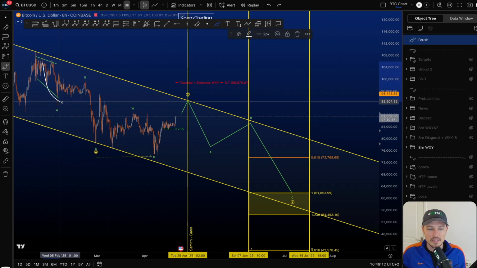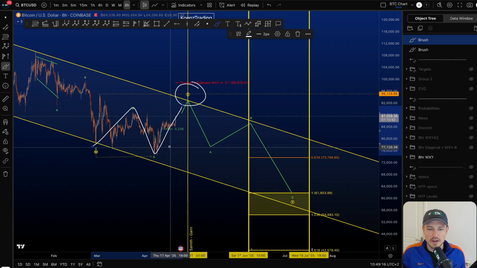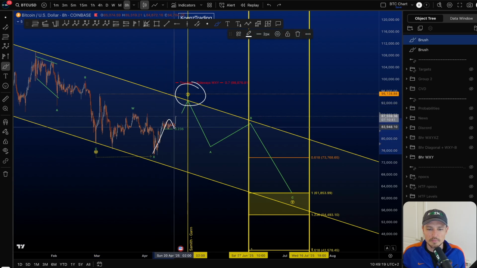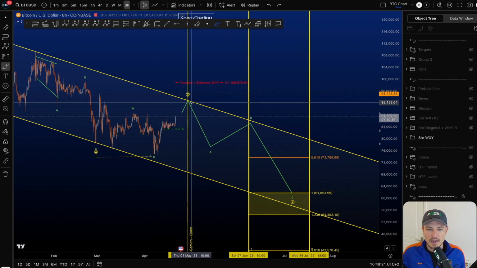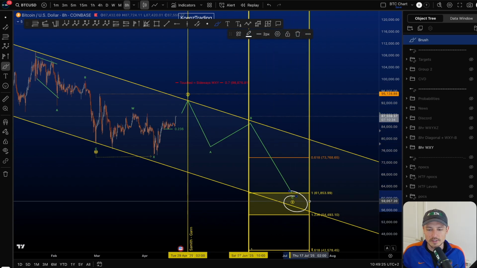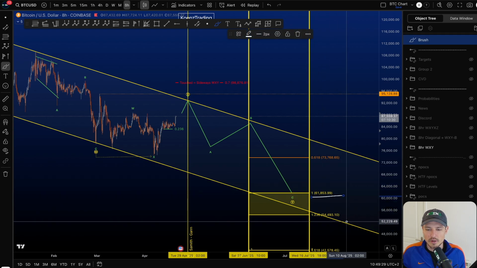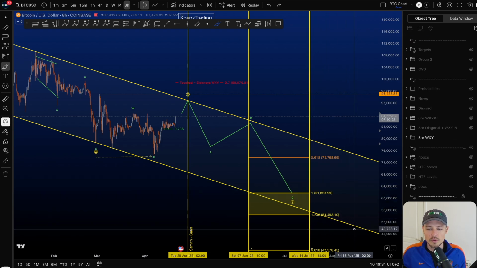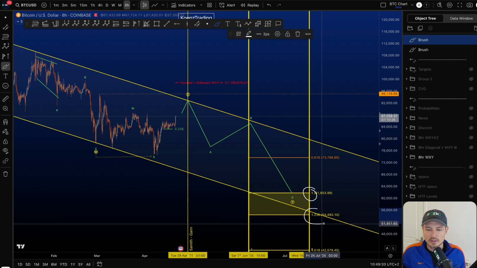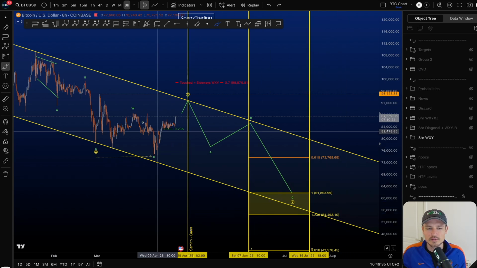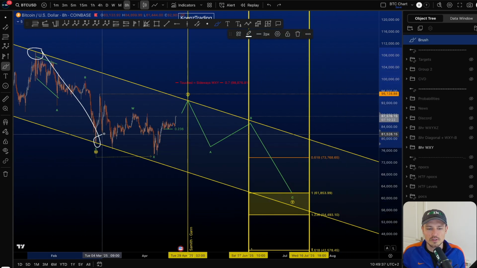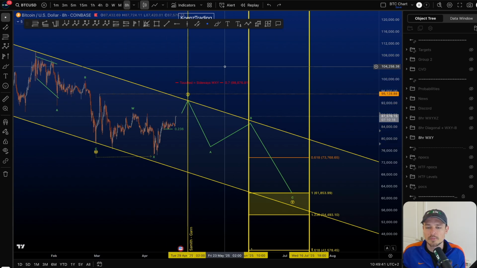Wave W is a zigzag ABC, wave X internally is a WXY, with the final wave Y being a zigzag ABC, and then you look for another ABC to the downside to finish the yellow Y. Most common target area for the yellow Y is 61.8 to 54.5K. It is the 1 to the 1.236 trend-based fib extension taken from the start to the end of W to the potential end of your wave X, which I currently put at around